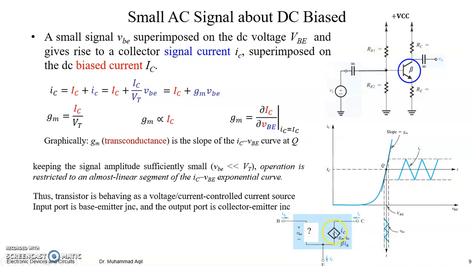It means the value of this AC collector current will be a factor multiplied by this input AC voltage at the base-to-emitter junction. So this value will be controlled by this voltage, because the factor would be constant once you have decided your Q point and your temperature of operation, right? So this is a voltage controlled current source. We can also say this